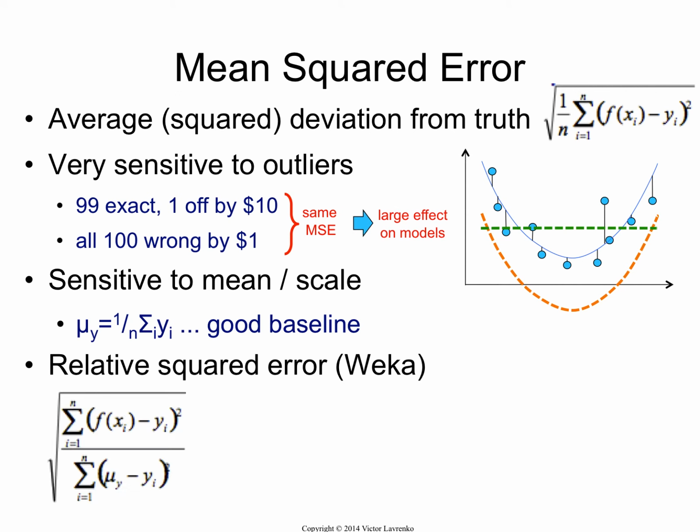And that's one reason why WEKA actually uses a very strange metric instead of MSE. They use relative squared error. And what relative squared error is, it's just the mean squared error divided by what would happen if you used just the mean as a predictor. So instead of f of x, which is your prediction, you just take the mean of the values and see how far they deviate. So it's a ratio. If you get a number that's bigger than 1, this means that your system is actually worse than just taking the mean. And that